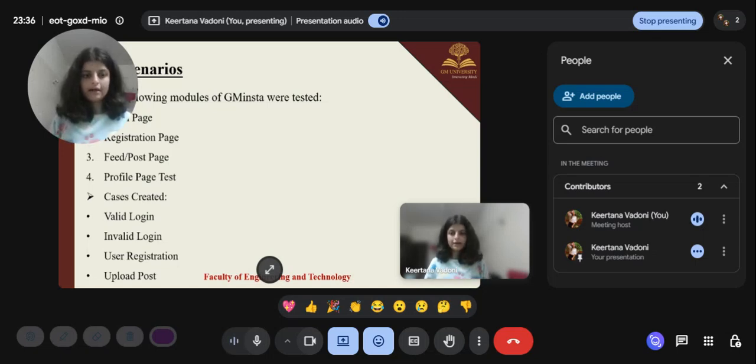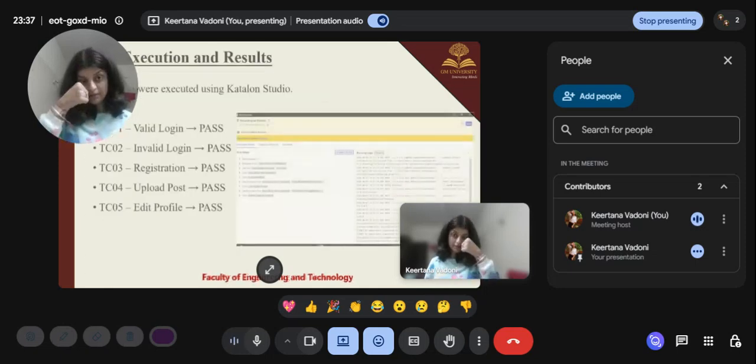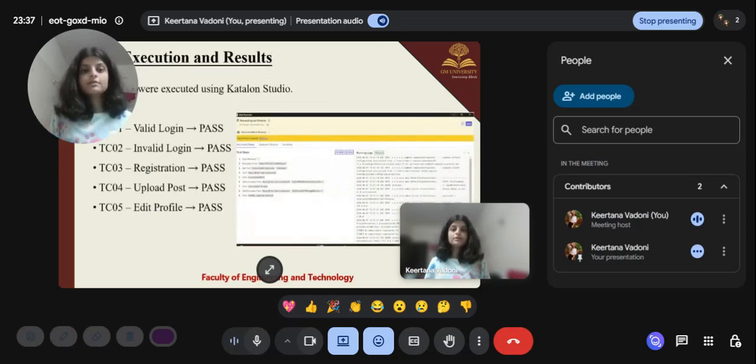The test cases we created are valid login, invalid login, user registration, upload post, and edit profile. The test execution results are shown in the output screenshot, like test case one, which is about valid login.